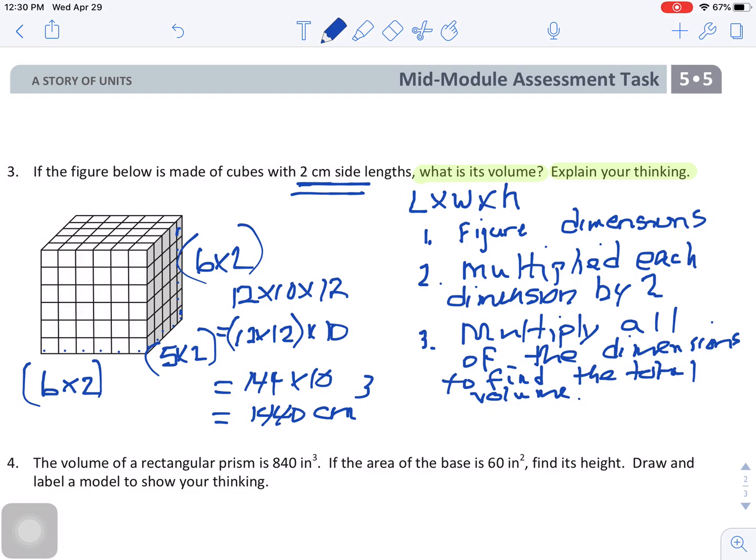So 1,440 centimeters cubed. And again, please accept my apologies for the writing on this. It is a little hard to read, but hopefully